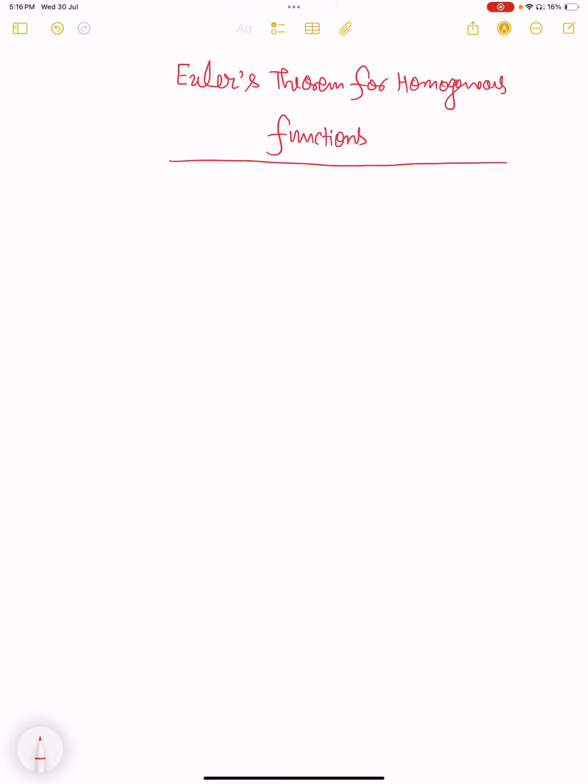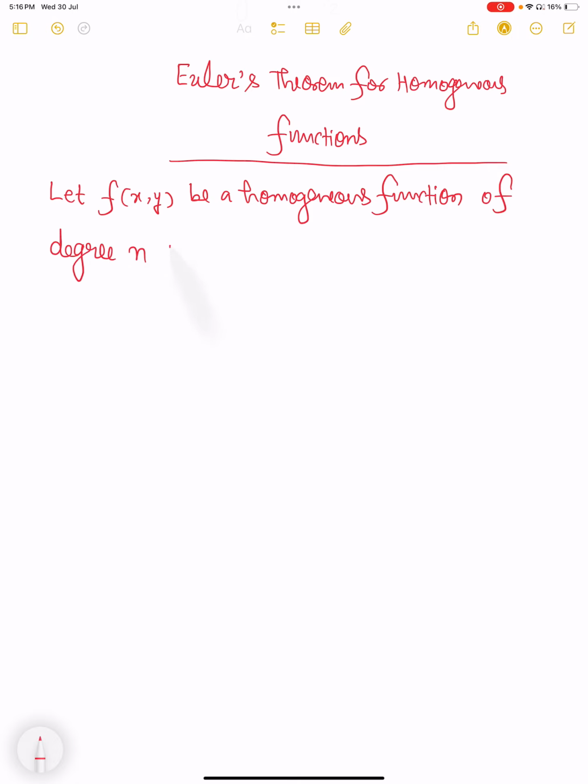So today we are going to see a very important theorem called Euler's theorem for homogeneous functions. So let's see what that theorem is. Let f(x, y) be a homogeneous function of degree n in variables x and y,